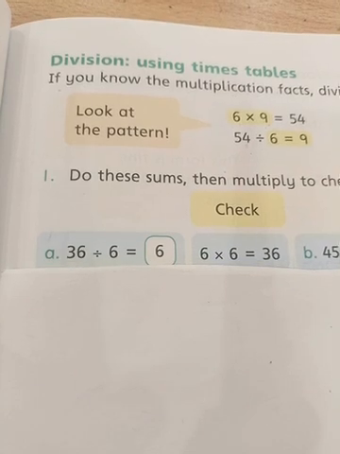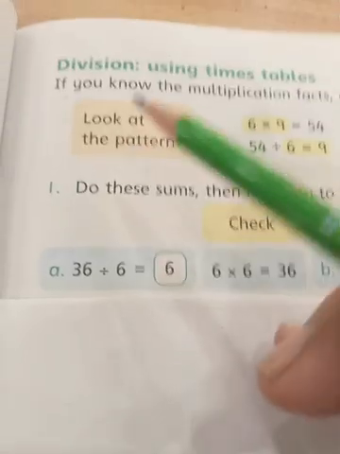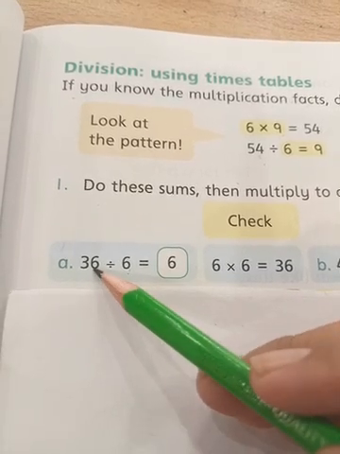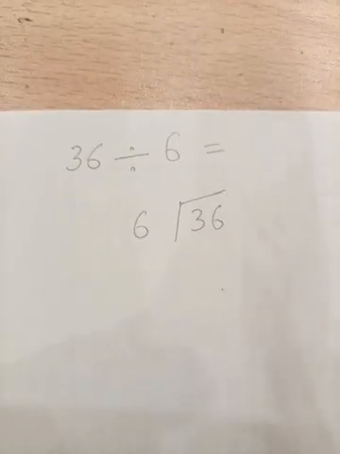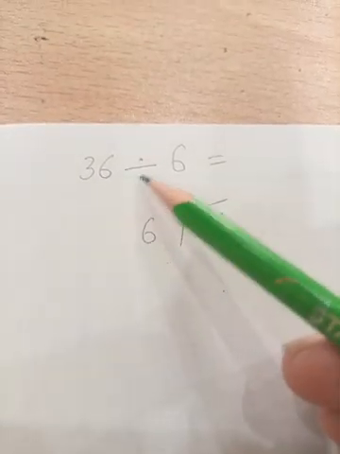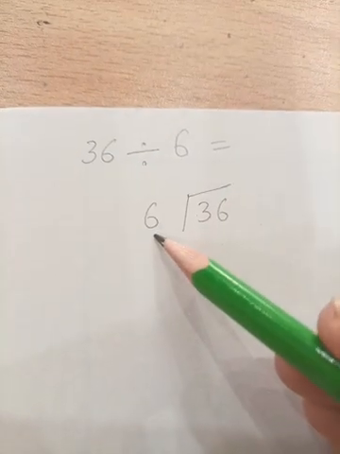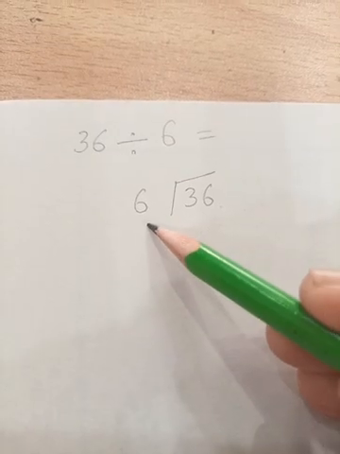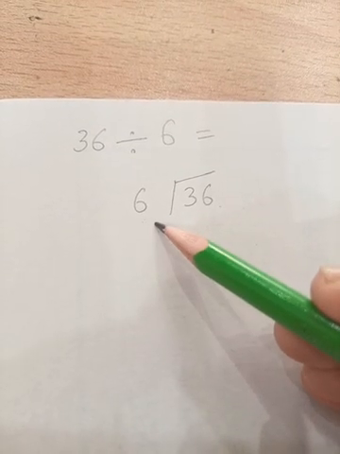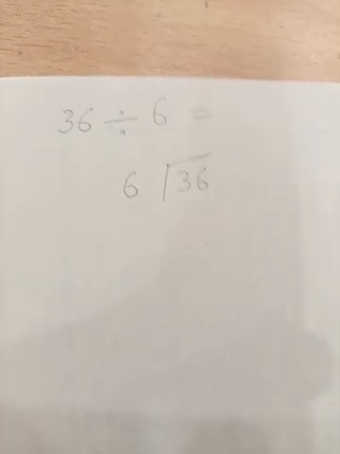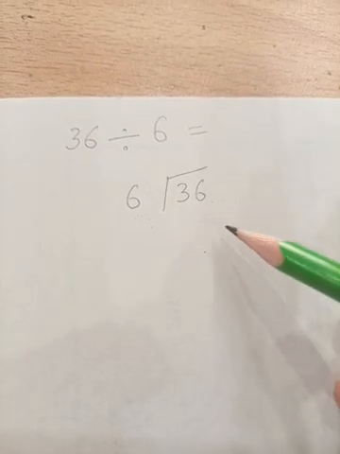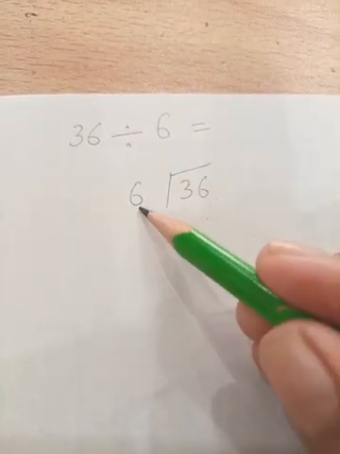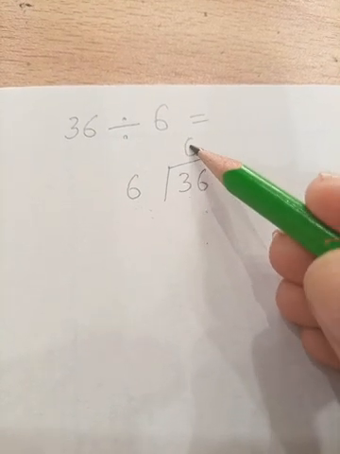Here is our first question that has been solved for you. Look at this, students. 36 divided by 6. Let's divide 36 by the number 6. I have written the question in this manner. Now I will read the table of 6 until I get my number 36. 6 ones are 6, 6 twos are 12, 6 threes are 18, 6 fours are 24, 6 fives are 30, 6 sixes are 36. Look, I got my number 36 from the table of 6 by reading it till 6.